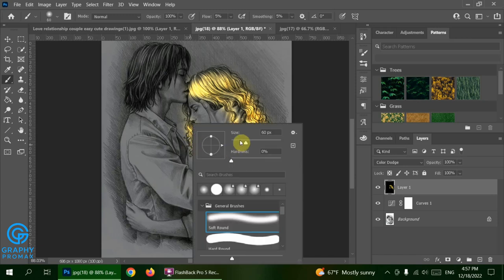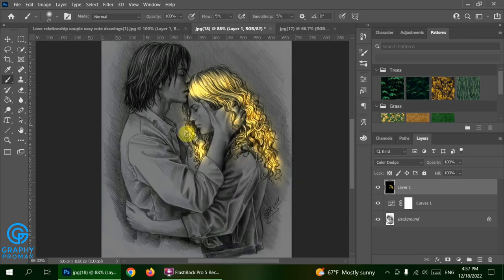I decrease my brush size a little, so it's better. Very good. And then when you are sure your painting is enough,